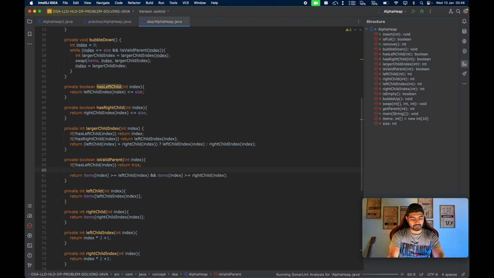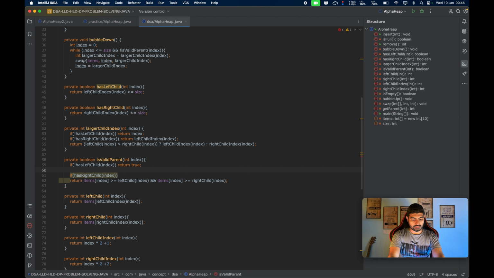But if you have a right child, then what you can check, I think we are going to have a repetition here, so let's take a boolean variable. isValid is equal to